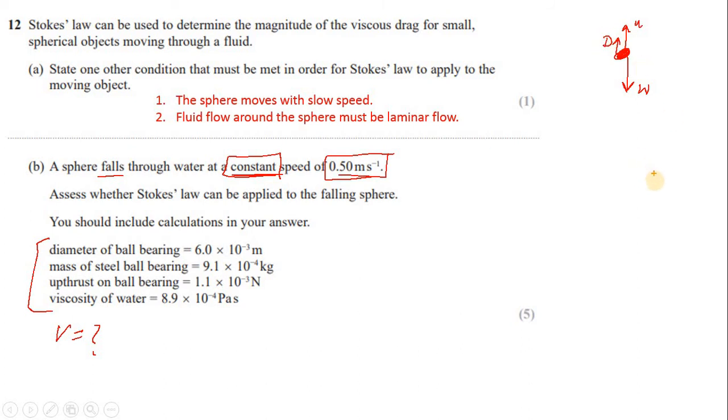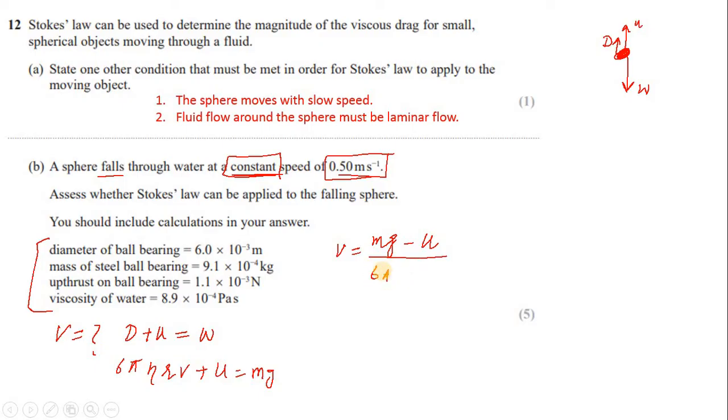That means at a constant speed, drag plus upthrust should equal the weight W, and drag, according to Stokes law, is 6 pi eta rV. So 6 pi eta rV plus U is equal to mg, or you can rearrange for V. So V is equal to